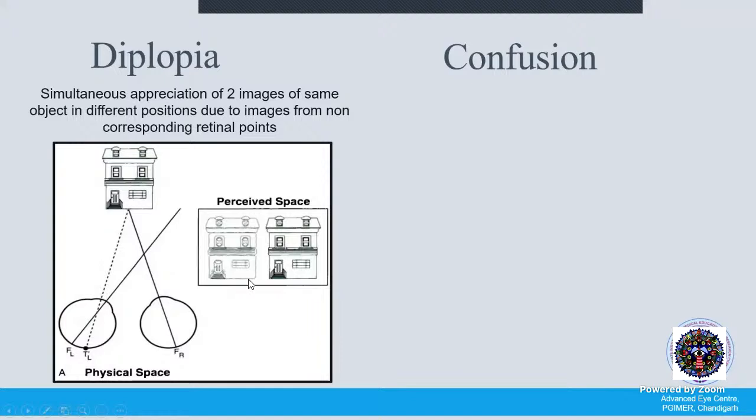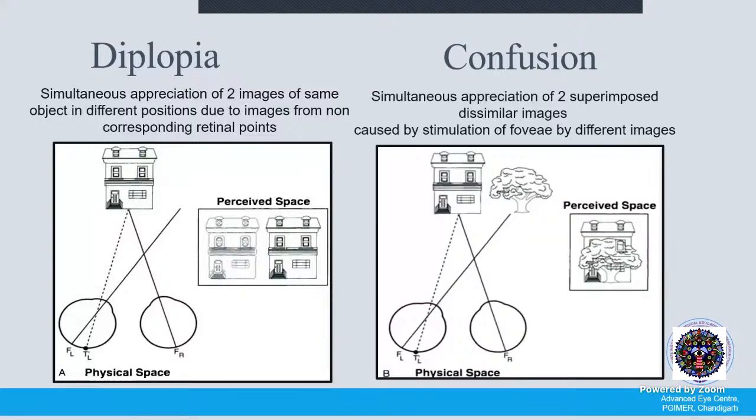We perceive it as double because there are two images of the same object, since they are not stimulating the same point. On the other hand, if we have two objects stimulating the same points but with different images, we will see two objects by the two eyes. The single object causing two images is diplopia, and